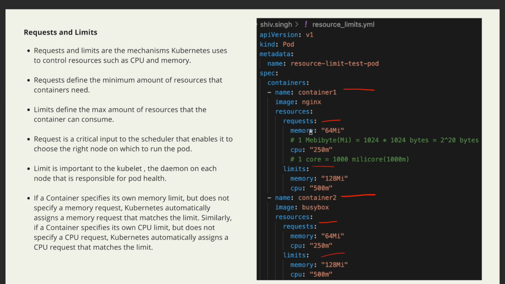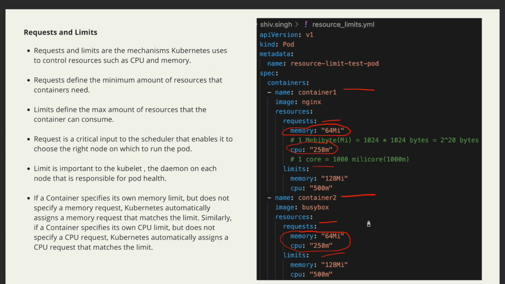Now for container 1, I have defined the memory request as 64 Mi, and CPU is 250 millicores. Similarly for container 2, I have defined the memory and CPU as 64 Mi and 250